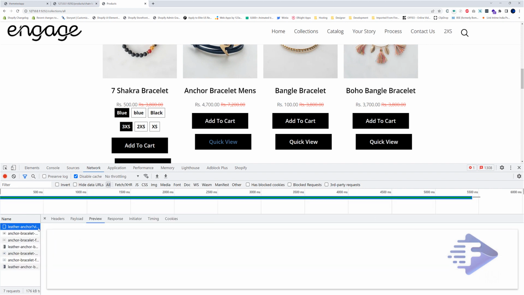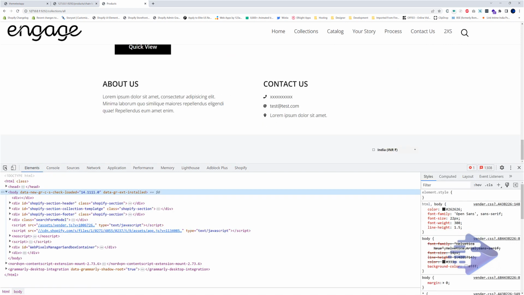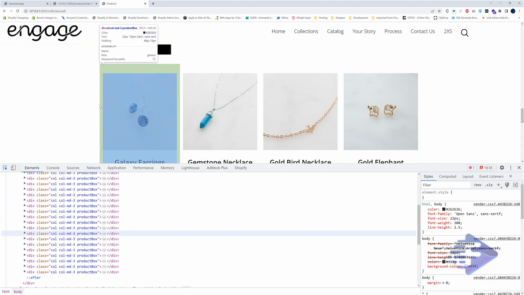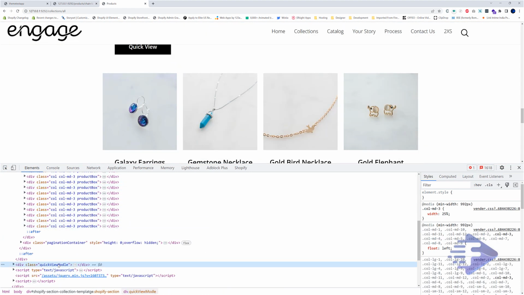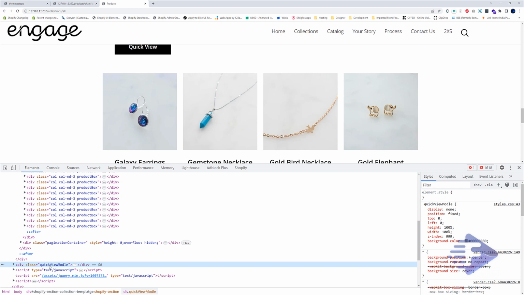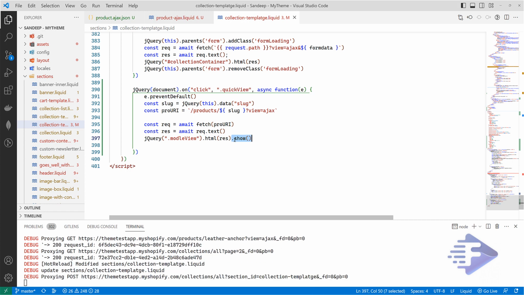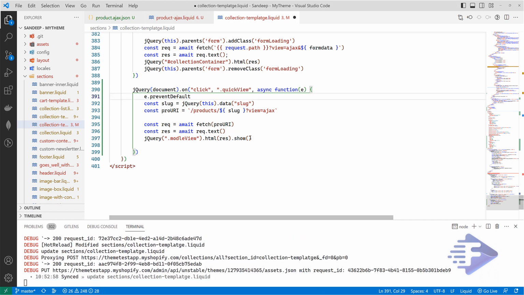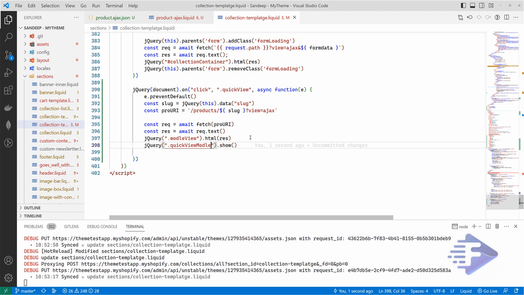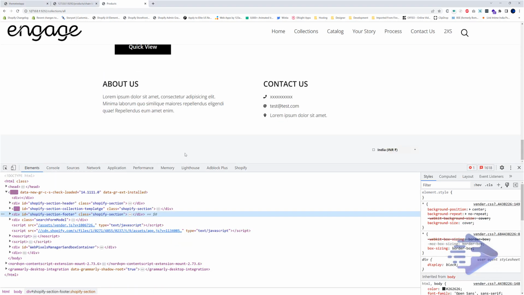Okay, we got everything, but it's not showing in our preview model. Oops, we have to show quick model, not model view. Okay, now this should work.